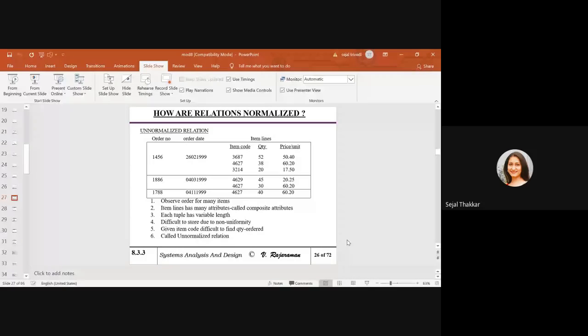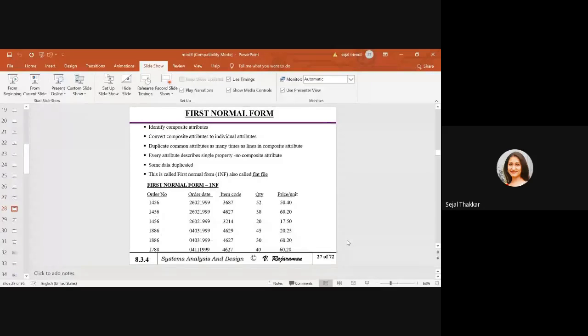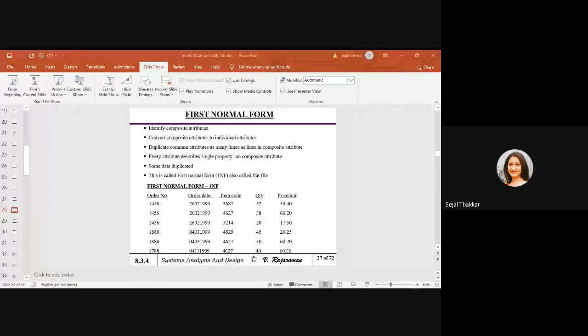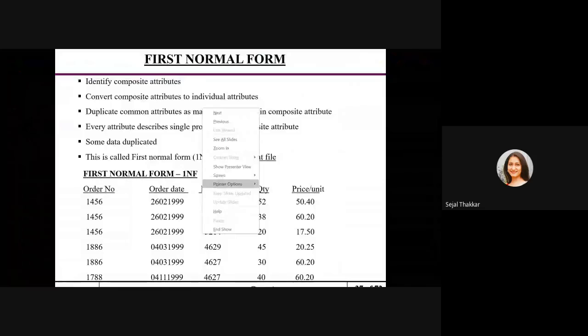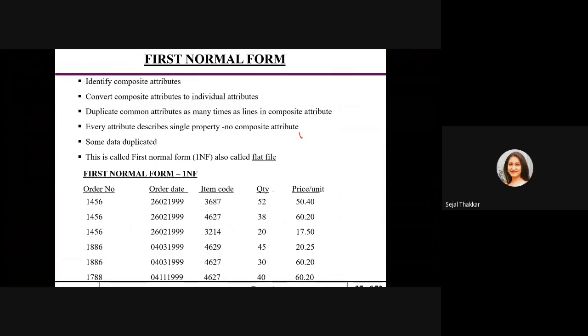So first you have to find such composite attributes. The next thing is to convert the composite attribute into individual attributes. Suppose I have a composite attribute name, which consists of first name, middle name and last name.